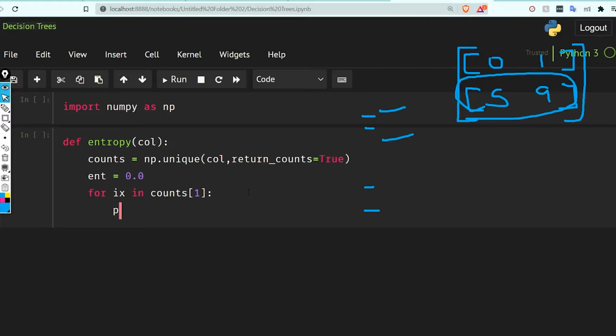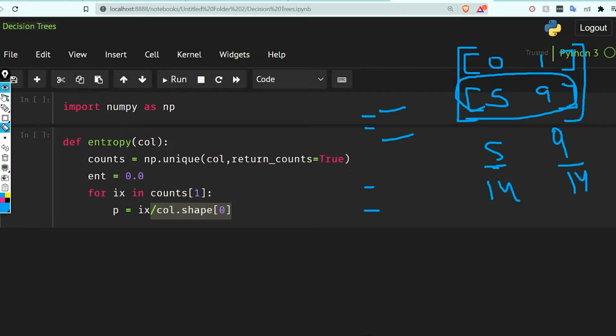Then I am getting the probability. The probability is going to be ix divided by y.shape[0]. Basically the probability is 5 by 14 and 9 by 14, because 14 is the total number and 5 is the possible zeros. This is how we are finding the probability.